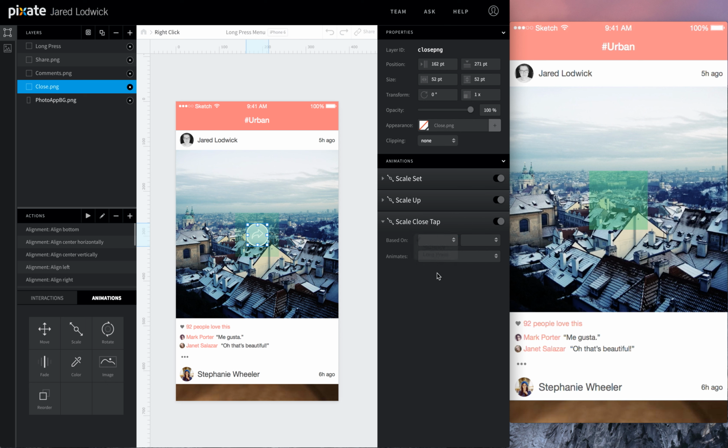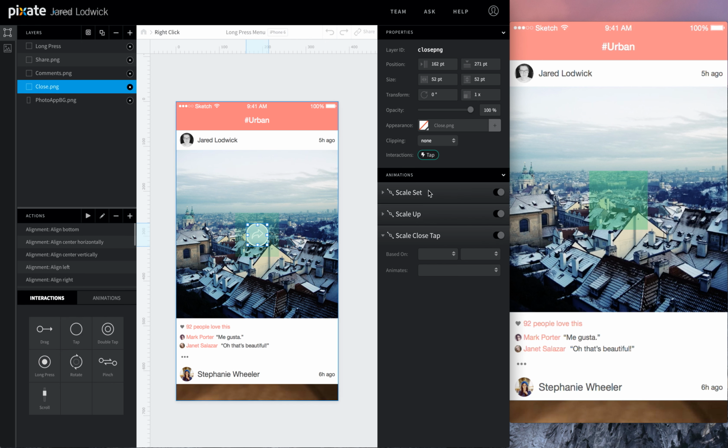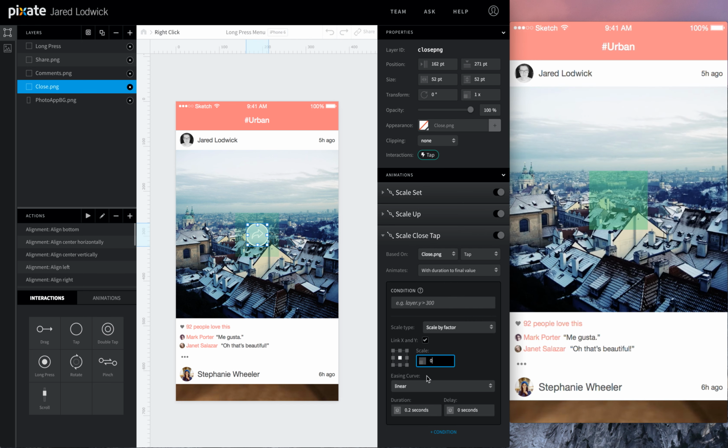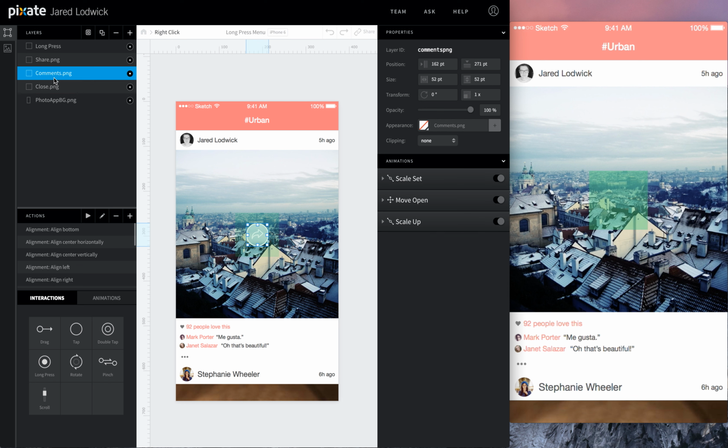This will be when, nope, we actually need to add a tap animation to this first, or interaction, so we'll drag that onto the close there. So now we can do when close is tapped, go down to 0, and we're going to leave this easing curve the way it is. We don't want it to spring, because if we do, it'll actually go down to 0 and then it'll bounce back up and you'll see it and it won't look right. So we'll do that. Do the same thing for here.